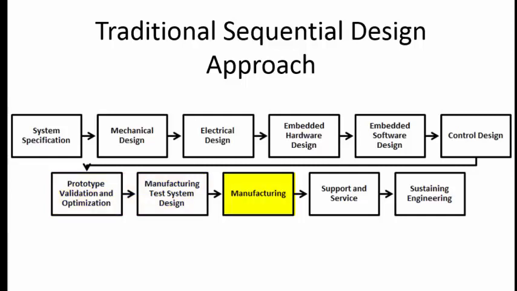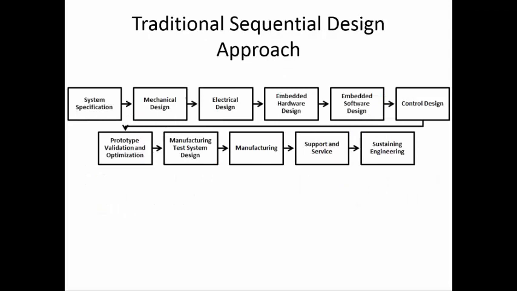Then after you are manufacturing over a period of time, you have to give some external support or service, because the components will be having some issues. You may have to do the support and service. Then finally, you have to continuously supply the required spare parts and other things. That is sustaining engineering. So this is a traditional design approach, or a traditional cycle in which you are creating the component and then you are continuously supplying or maintaining that particular component.